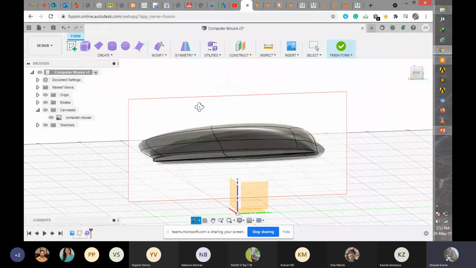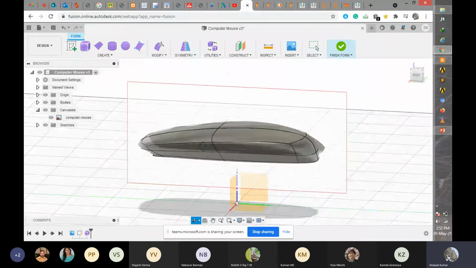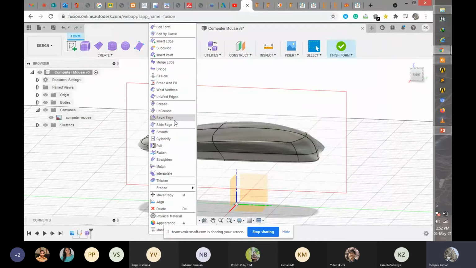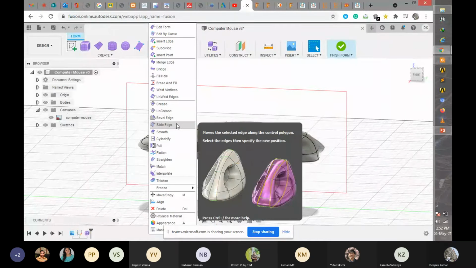Then I used the symmetric command, because with the help of this I get the symmetry of the mouse, right side and left side. For symmetry I created one line, used the symmetry command, and selected both surfaces from that side and this side. One more command I used is insert edge, which is in modify edge.